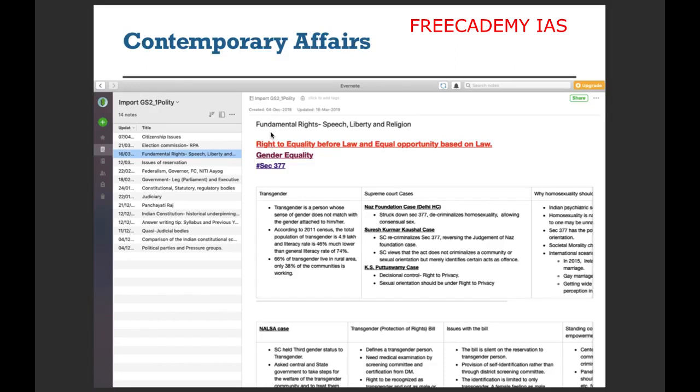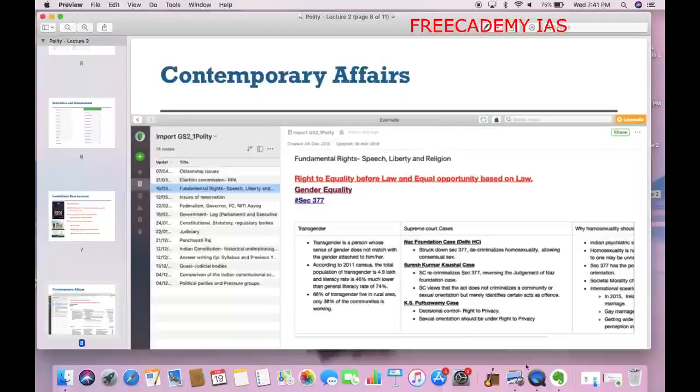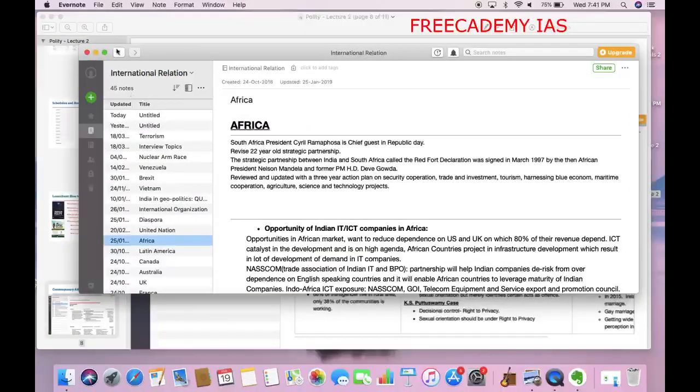So suppose I look at the fundamental rights, which include the right to speech, right to liberty and religion and all those things. So make these subtopics on the Evernote, like the citizenship issues, one topic, then election commission, fundamental rights, federalism, governance, issues of reservation, government, legislative, parliament, and executive, constitutional, statutory, and regulatory body. So for all these topics, we can make subtopics in the Evernote, which I will show you how it can be done. So basically,